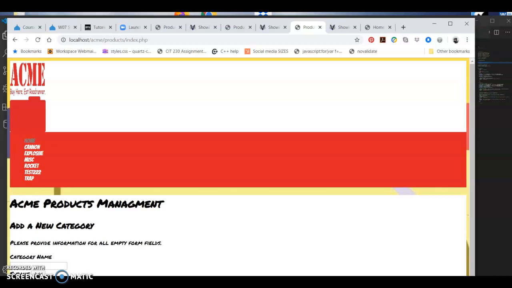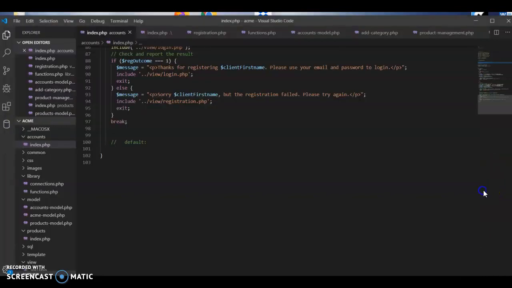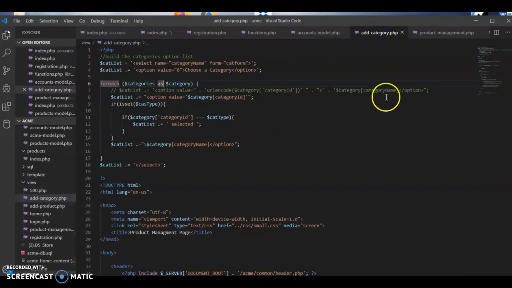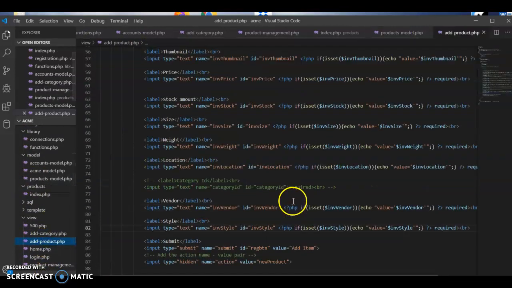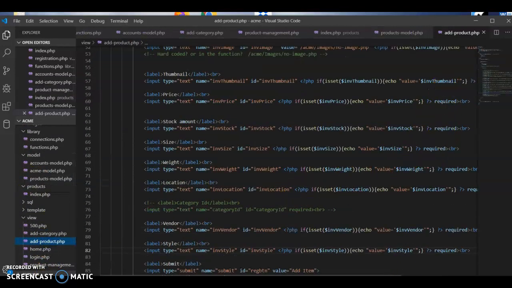Okay, now next objective. HTML validation is present for all required inputs, new category and new product. So we'll go into the add a category. Oh, PHP. We need the view. We need to add a product. We got required and